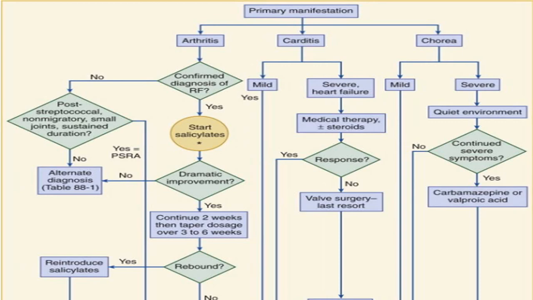This is a chart which tells you what treatment you do during arthritis, carditis, and chorea. At your leisure time, you can go through. We have already mentioned all those things. So just have a look at this, because the most common are arthritis and carditis, and chorea is very rare, where usually we use carbamazepine and valproic acid, and you need a secondary prophylaxis. While in case of arthritis, mainly anti-inflammatory drugs you require, that is salicylates. While in case of carditis, very rarely we require steroids, but mainly treatment of failure and aspirin is important.